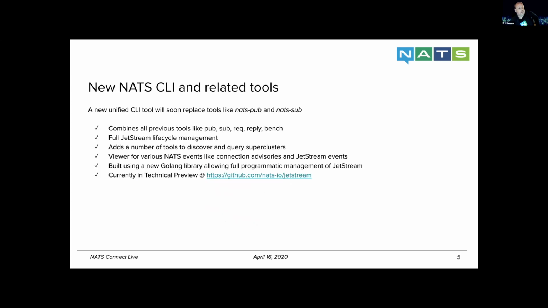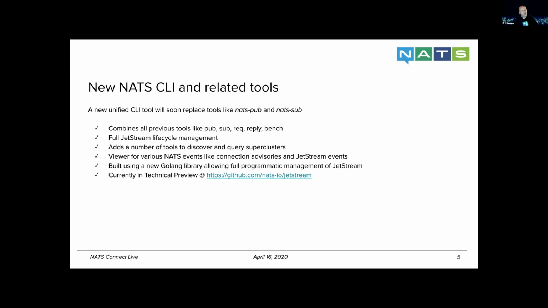Now, as part of the creation of JetStream, we also created a new NATS CLI tool, just called NATS. If you've used NATS Box and so forth before, you will know that we have tools like nats-pub and nats-sub and nats-req and so forth. We've had a few of them in the GitHub repositories, and we have another one in NATS Box. They're all slightly different. So I've gone around and found all of these little utilities that we had lying about, and I pulled them all into one standard CLI that supports benchmarking,